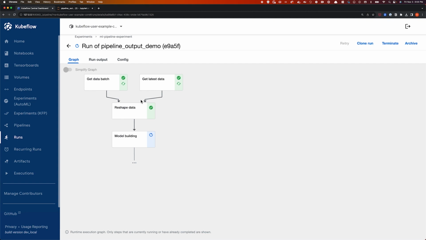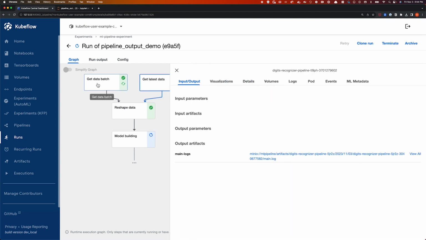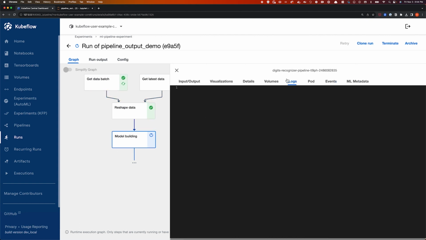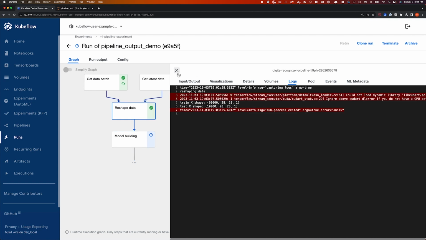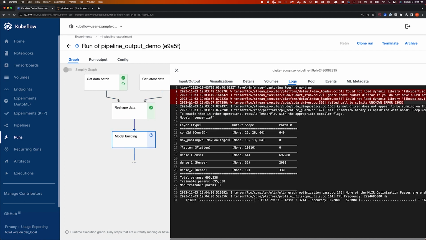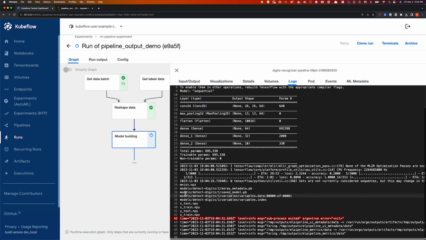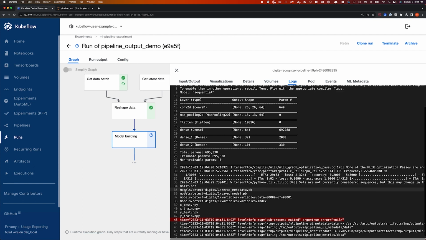As part of your notebook, you had specified that it should output certain things into logs. You can use the Kubeflow UI to look at all the different logs that are being generated for you as part of all the different stages. If you look at the reshaping data stage, it gives me the log output for that stage. And if you look at the model building stage, it gives me the output for that stage as well. It shows me all the files that have been uploaded to my S3 bucket. And since epochs was set to 1, it shows that it ran through all my training data and validation data once. And then finally,